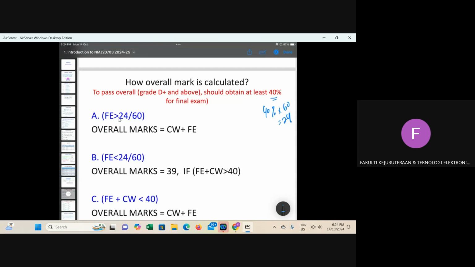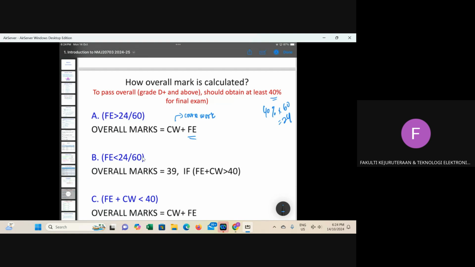If you get at least 24 in the final exam and above, your overall mark will be coursework, CW, plus final exam. If you get less than 24 in the final exam, you fail, because that is less than 40%, or less than 24/60.